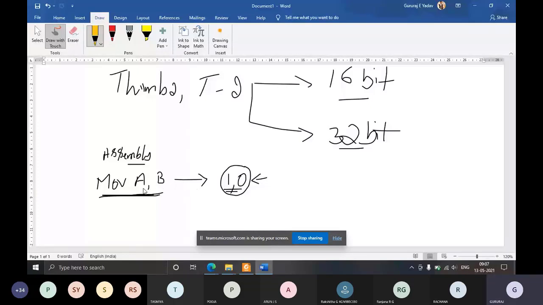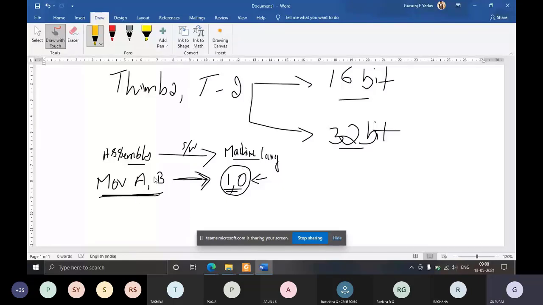Okay, so once you write whatever you want to write in assembly, that is the instructions for the processor, there will be a software that will convert this assembly to ones and zeros. So ones and zeros is known as machine level language. Okay, it is known as machine level language. Machine language. Okay, so there is a software that will take care of it. So to make the programming easy to understand by the programmer, assembly was invented. Okay, and ultimately whatever you write in assembly will be converted to machine language only. Okay, so that is the goal.